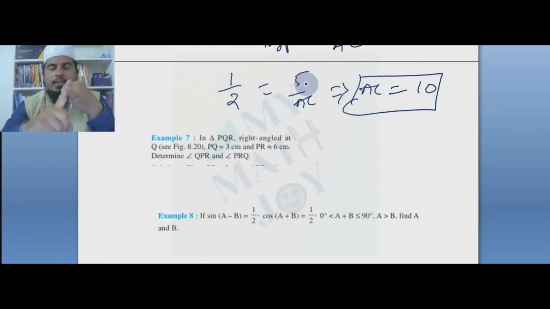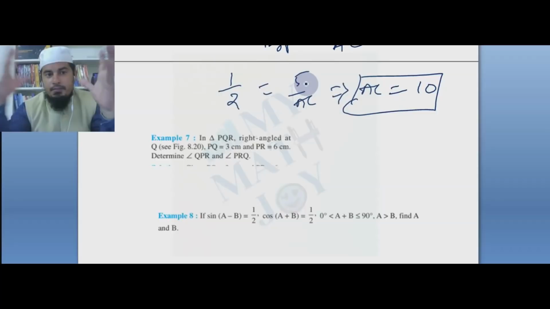If in a right angle triangle, if the statement is very important, if in a right angle triangle any one angle is given other than 90 degree, and one more side is given, all the trigonometric ratios and all the sides' information we can get, all the different angles also we can get. Understood? So let us go to problem number 7 type.